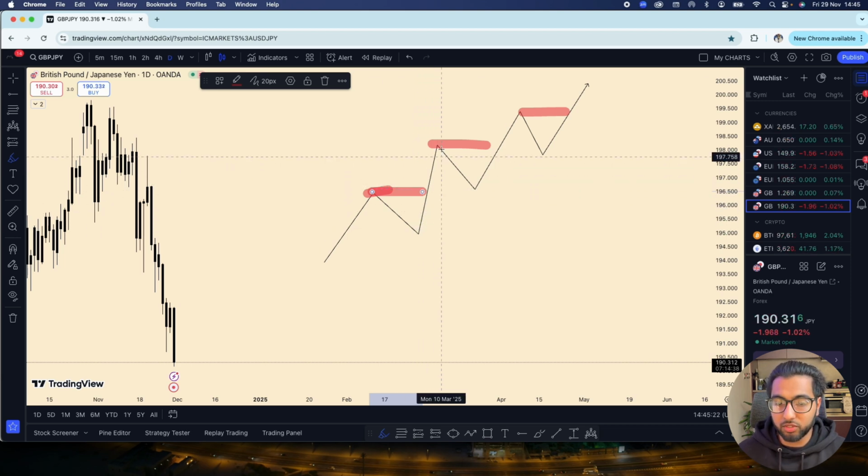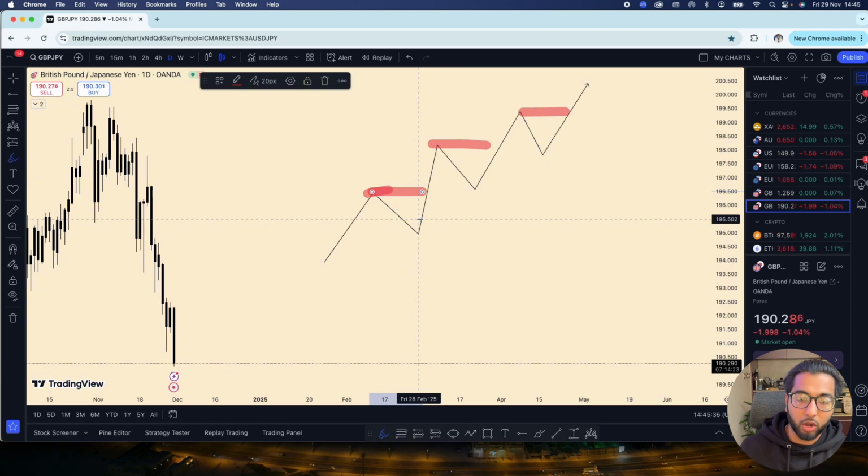And so within this zone, we have people that sold in this zone who are now getting stopped out, because obviously the sellers are trying to hold their sell as long as possible. So when price slowly comes up, all that's happening is sellers are losing their trades, and it's like a build-up of sellers losing. When sellers lose their trade, what happens? They actually have to now buy another share in the market.